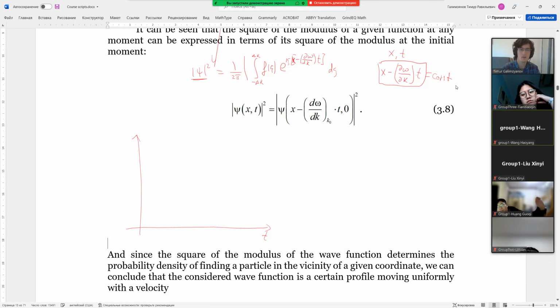It's our function, some linear function. That's the constant, and the tangent of this alpha is given by d omega by dk. That's just a linear motion, and that means that if you